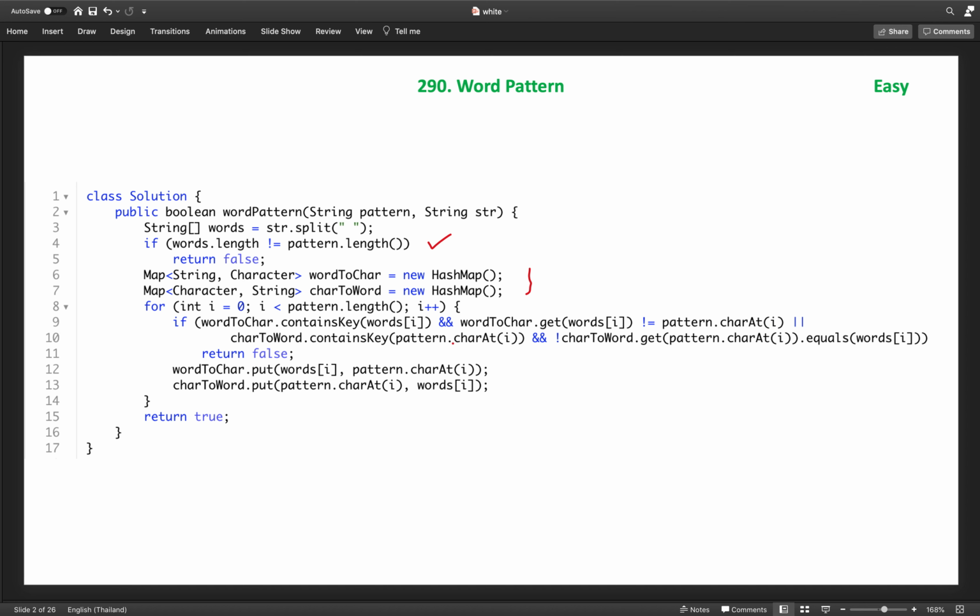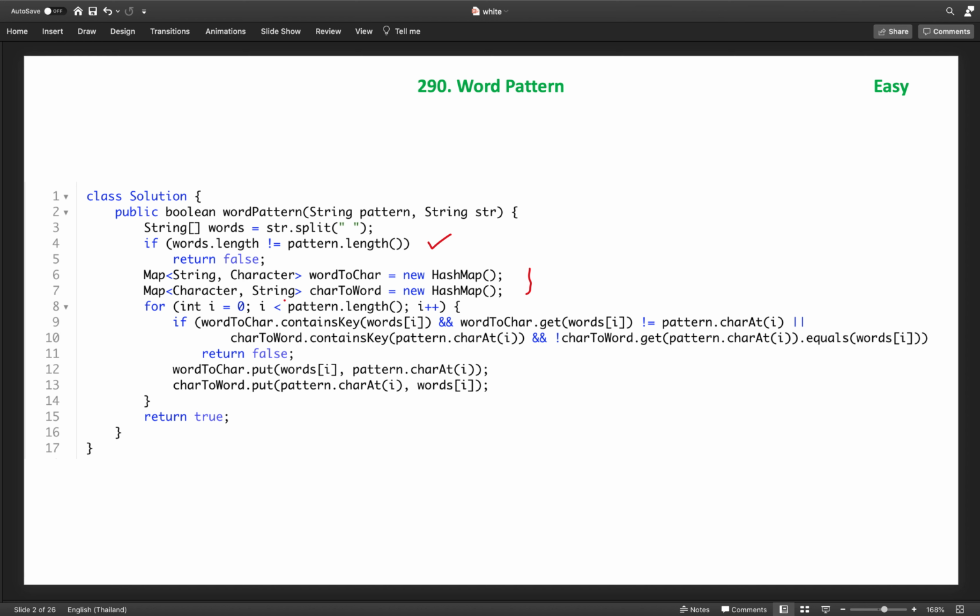Similarly, we do it for character to word: if the character is contained in the char-to-word map, we check whether it is the same. If any of these conditions fails, we return false; otherwise we add it in. This is the straightforward, simplest solution, and the time complexity is O(n) and the space is also O(n).